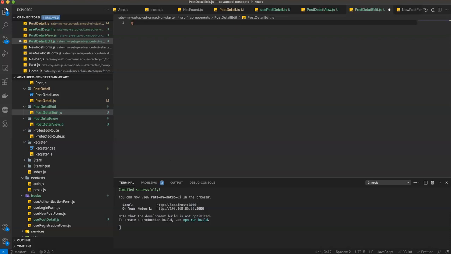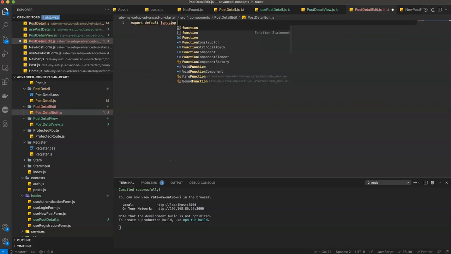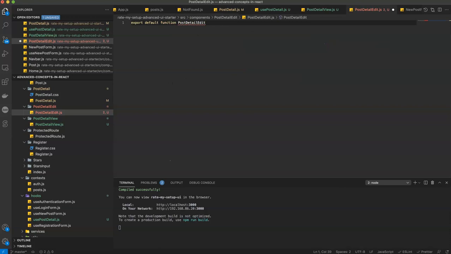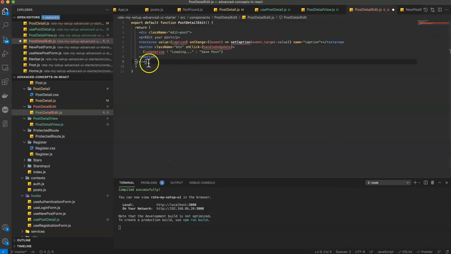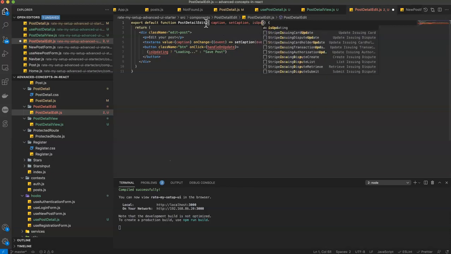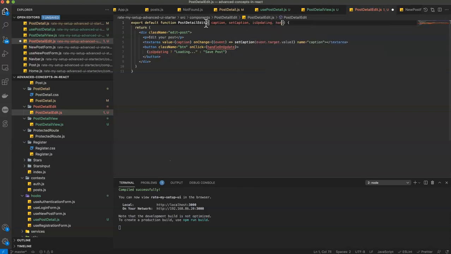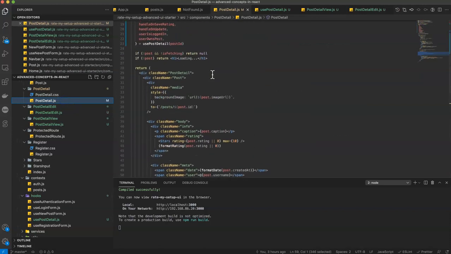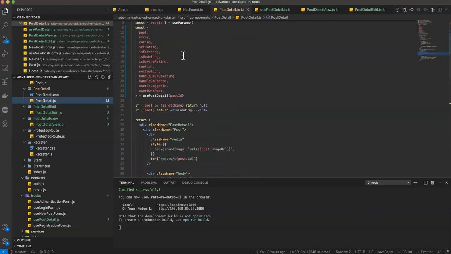We'll say export default function PostDetailEdit, and then we will return this section here. Now this needs some data, clearly. It needs a few things. It needs the caption, it needs the set caption handler, it needs the is updating function, and it needs the handle on update function. Now we could certainly just call the use post detail function there, but I feel like it's easier